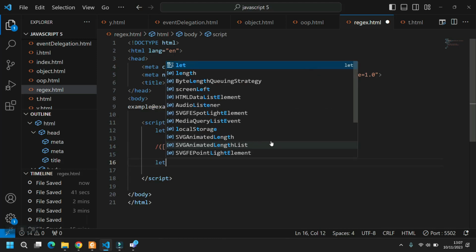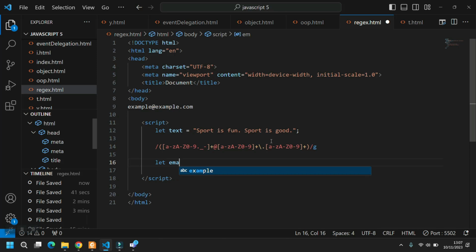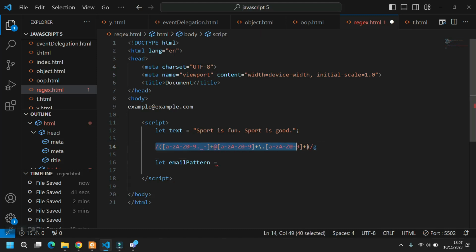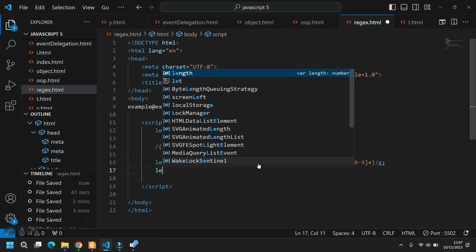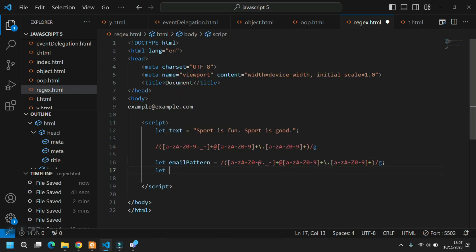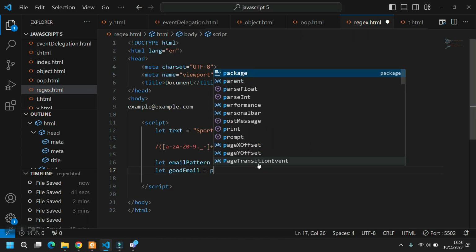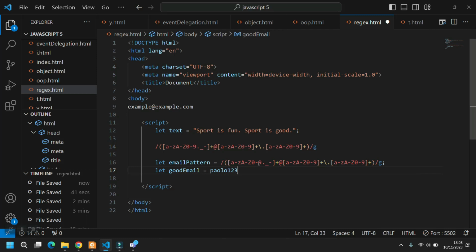Then okay, let's define our email pattern. Email pattern equal to, and we take this and we place it here, and that's it. Then we give let good email, and we say it equals Paolo123 at email.com,